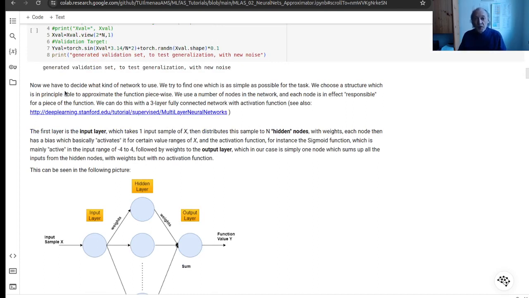So now we have to decide what kind of network to use for our approximation. So we try to find one which is as simple as possible for the task. So we choose a structure which is in principle able to approximate the function piecewise. So we use a number of nodes in the network, and each node is in effect responsible for a piece of the function. We do this with a 3-layer fully connected network with activation function,